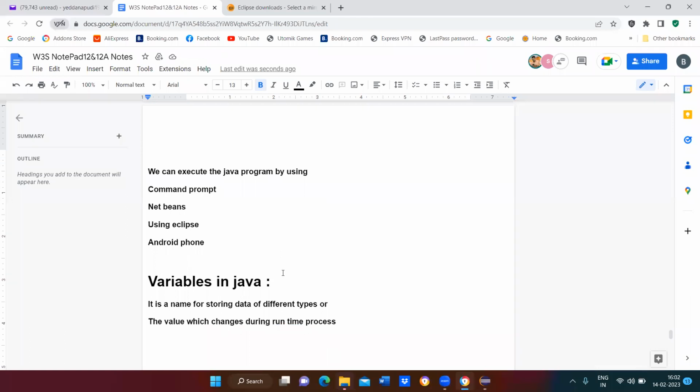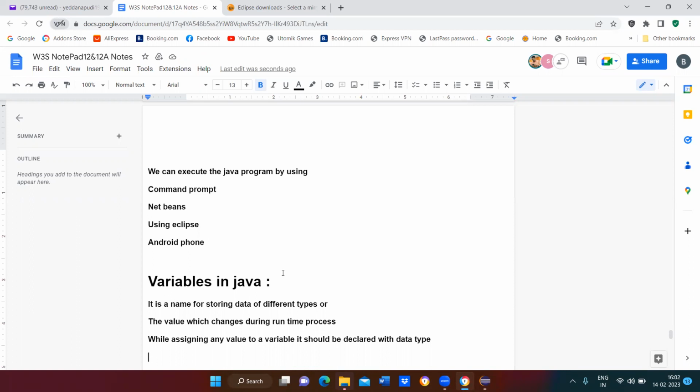Now, a variable must always be declared with a data type. While assigning any value to a variable, it should be declared with the data type. Without any data type, you cannot assign any value to the variable.